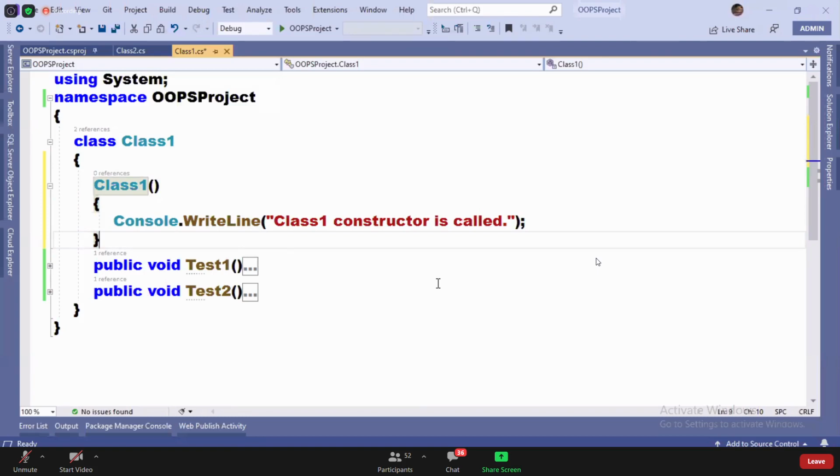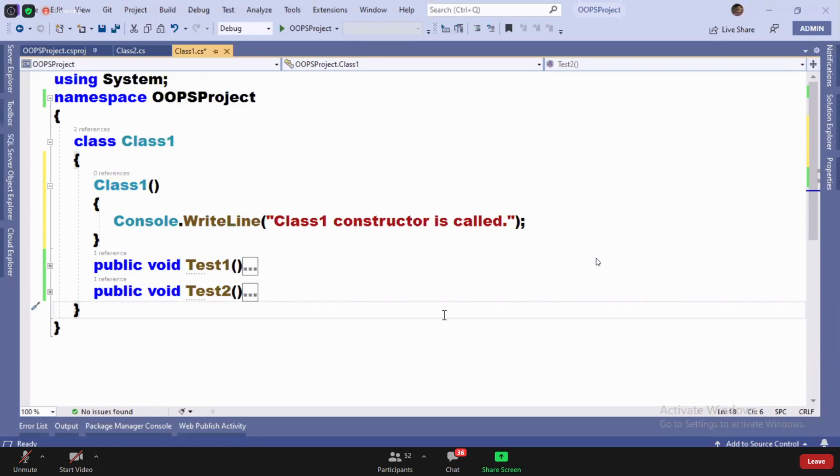Okay. So I defined a constructor in class 1. Now, in this particular context, you just understand.